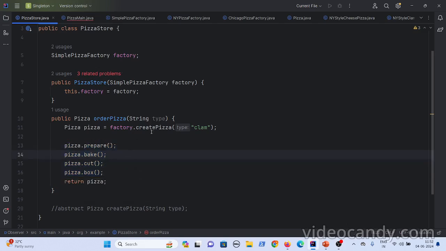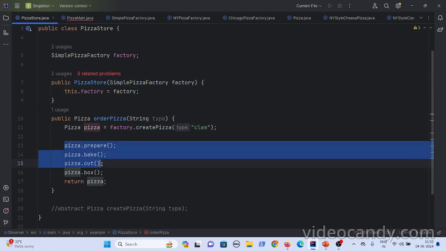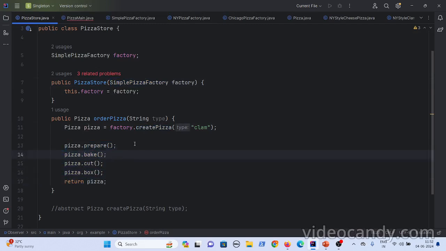So the logic that got separated from the factories is only the creation logic. You are instantiating whatever factory you require and creating pizzas of that factory. But the order in which the pizza is prepared is the same for all regional style pizzas: first they prepare it, then bake it, then cut it, and then box it.